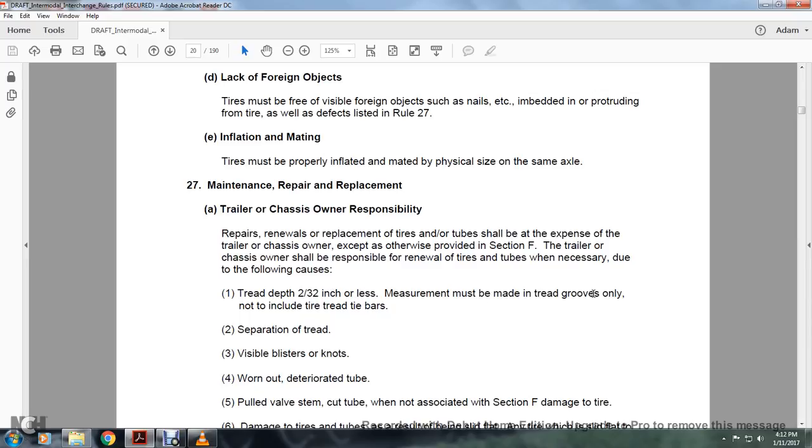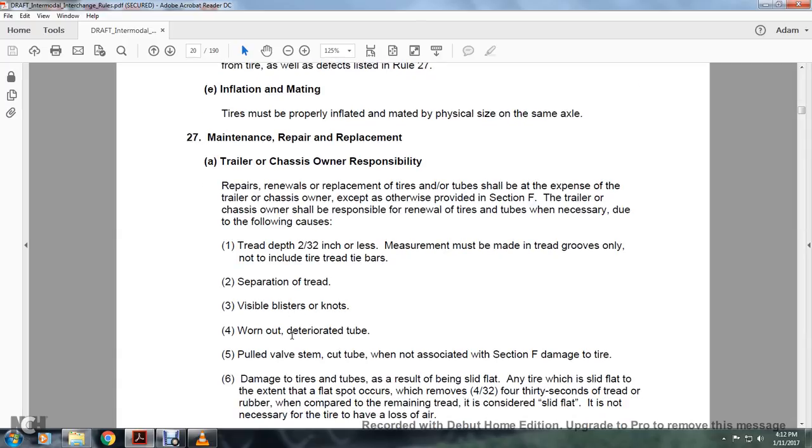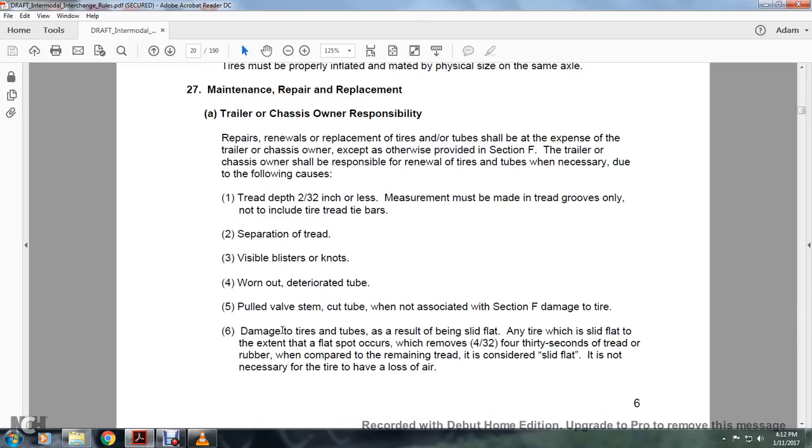Measurement made in the tread groove that is not included with the tire tread; the tire bar separated, with separation of the tread; visible blisters or knots; worn out, deteriorated tube; pull up; valve stem cut tube not associated with section F of section 5 of the damage to the tire. Damage to the tires as a result of being slid flat, which is slid flat with the extent of the flat spot occurs which removes the 4/32s and for 3/32 of the tread rubber compared with the remaining tread is considered slid flat